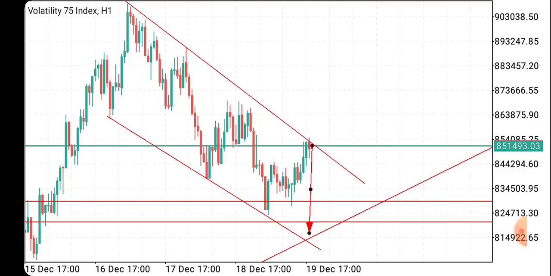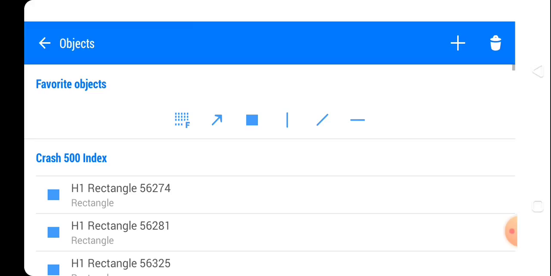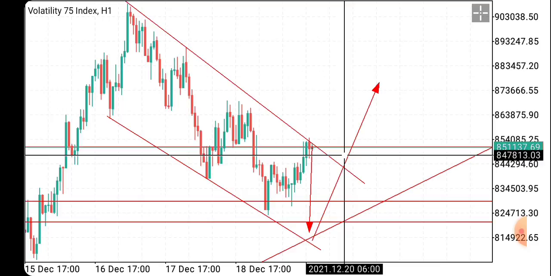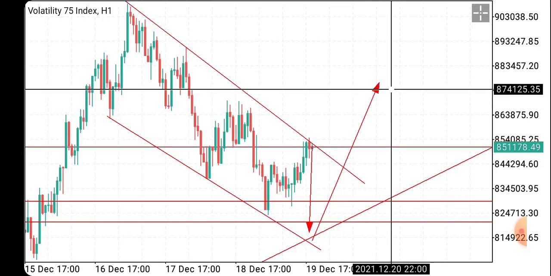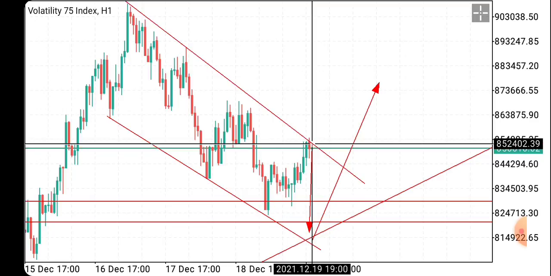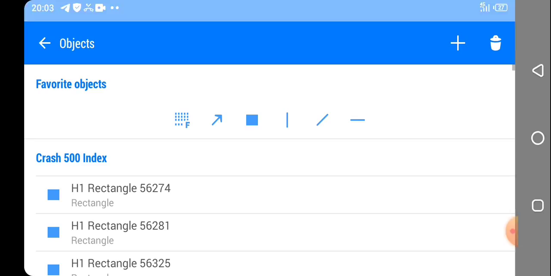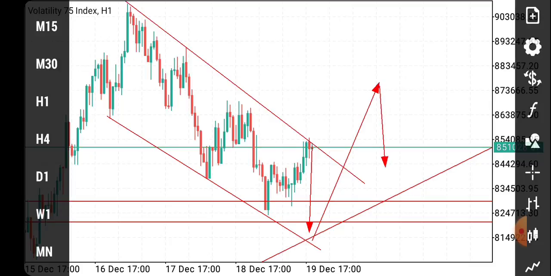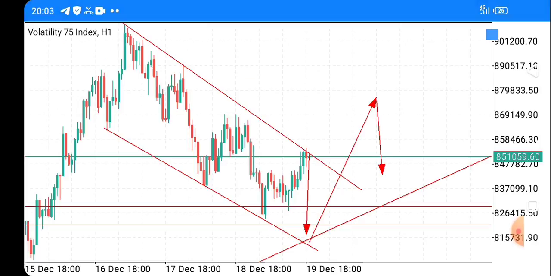All right, so from here now we are forecasting that price will move down here, and then when it reaches this zone, it's going to get rejected, and because of the force of the impulsive move, it's likely going to break through this trend line this time around. And when it breaks through, it's likely going to retest back the zone.